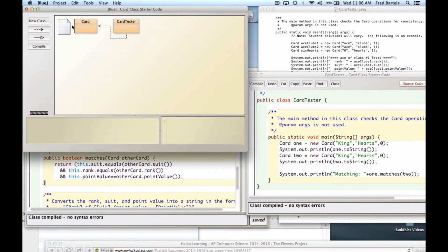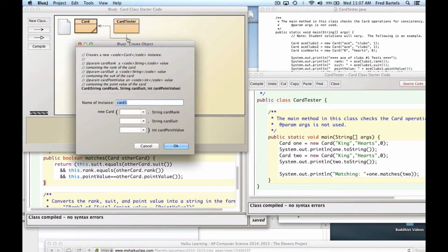All right, a quick note about BlueJ and how you can test objects, classes directly without a tester class. If I click on this, there's the one constructor that this card class has. And I can supply it with these 3 parameters, which will go into the 3 fields. So the card rank we'll say is king, and the card suit we'll say is diamonds, and the point value for this game for kings is 0. Okay,